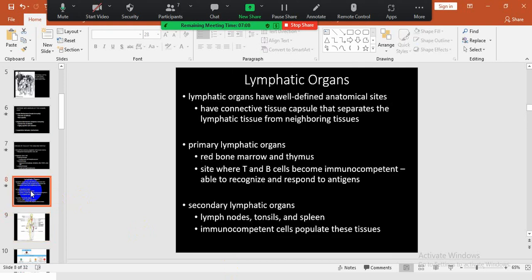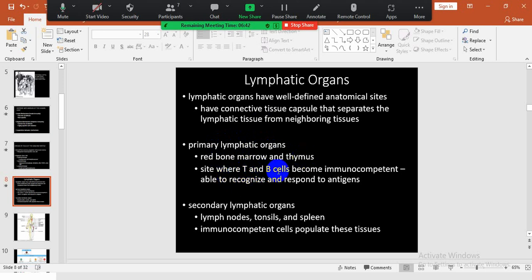So the lymphatics, as I have explained earlier on, the lymphatic organs have well-defined anatomical sites, have a connective tissue capsule that separates the lymphatic tissue from neighboring tissues. We will look at that later. Primary lymphatic organs are the red bone marrow and the thymus. And this is the site where